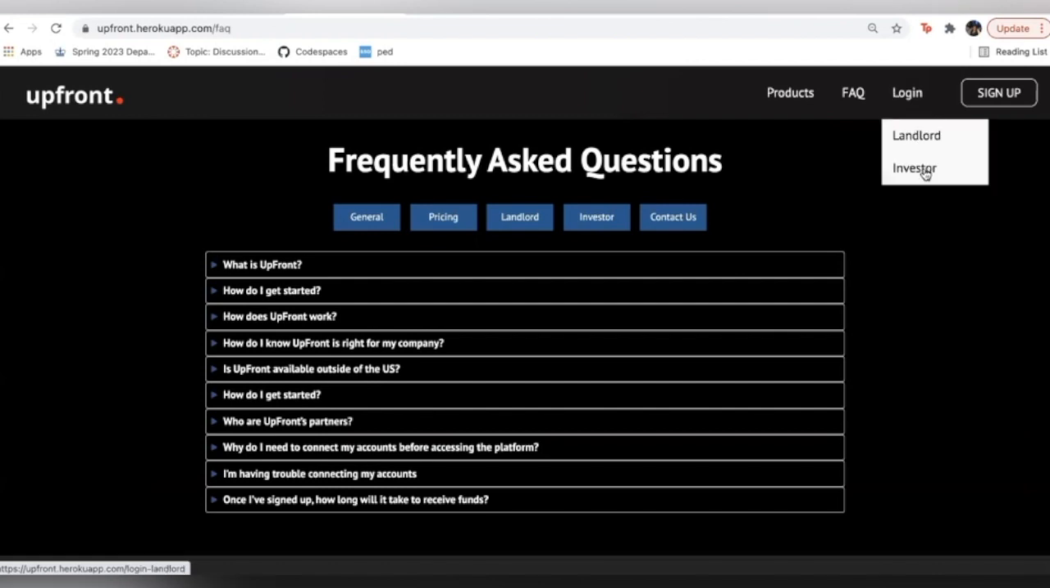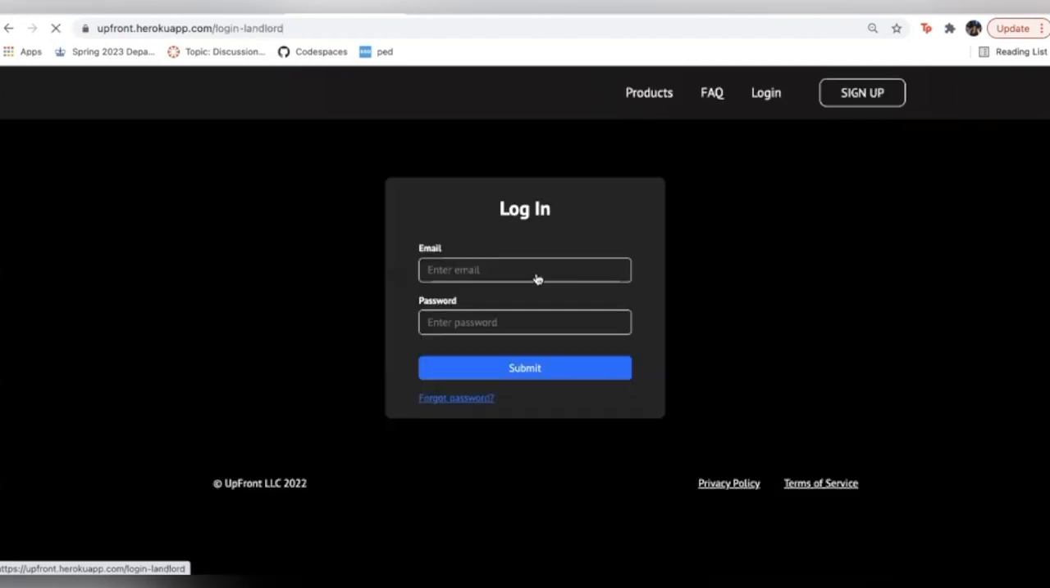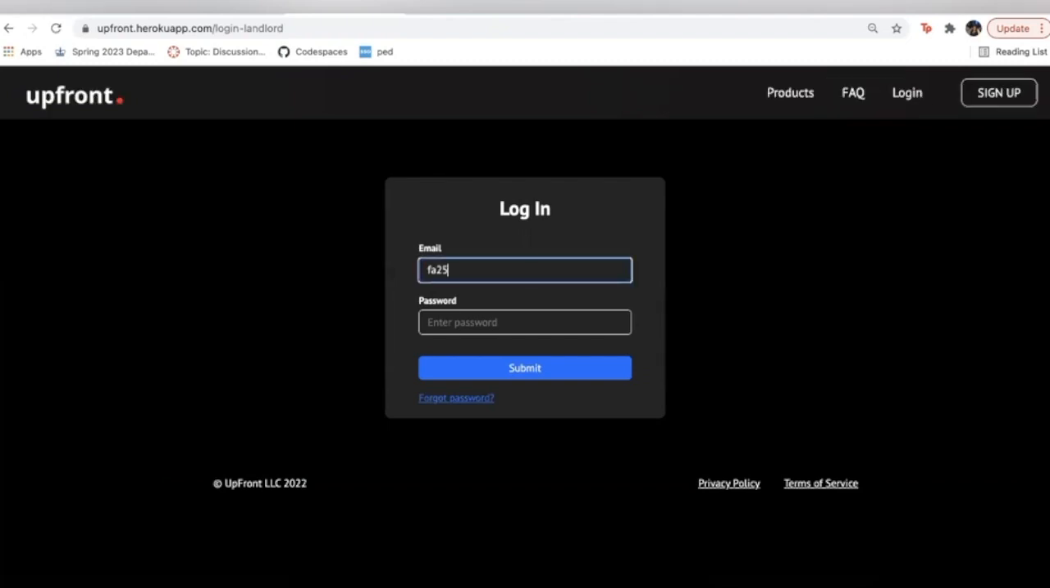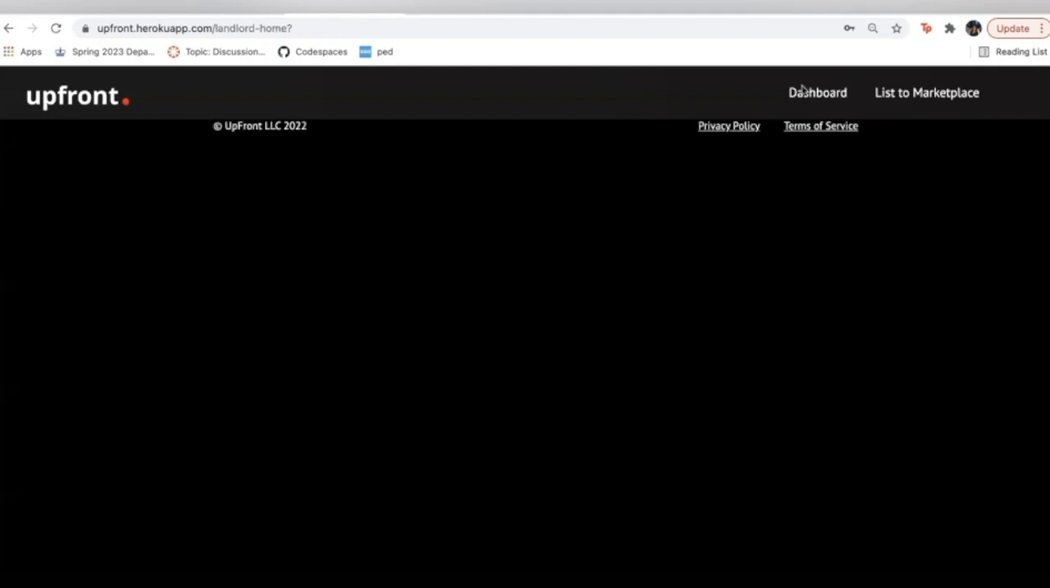There's also login where we can log in as either landlord or investor. We're going to log in as a landlord. We also implemented a check where we want our customers to use a valid email address. Now we're going to type in the password, and then we submit. We're led to the landlord's homepage, which is still under development, but once we click on the dashboard,